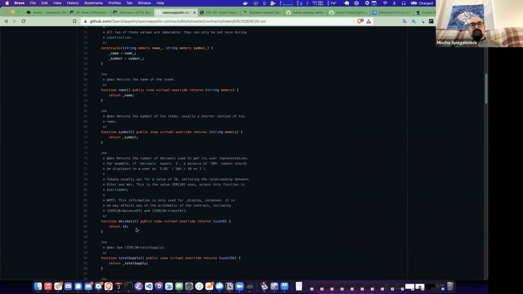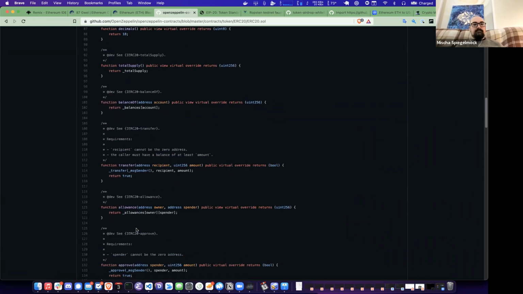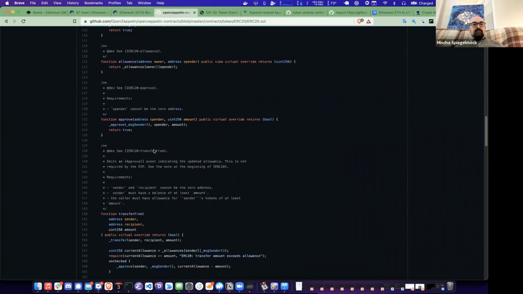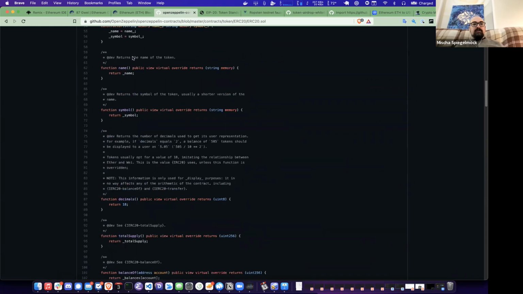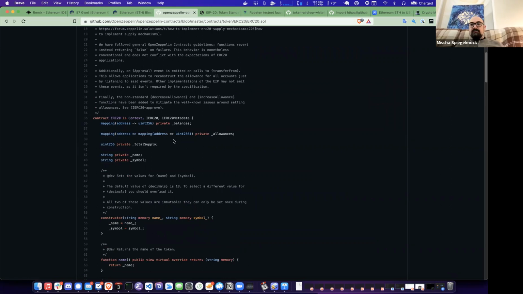And we can read through the implementation if we want. It's very simple. So for example, if you want to keep track of how many of your tokens somebody has, there's a map here, a dictionary. And it has a map of, sorry, that's balances, I mean. It's a map of address to a uint256. So everyone on Ethereum has an address. That's your wallet. That's your public key, basically. So this is a mapping of someone's public key to the amount of tokens they have.